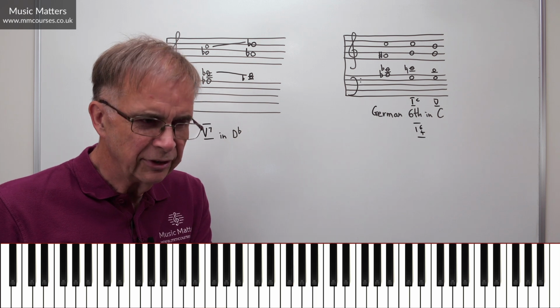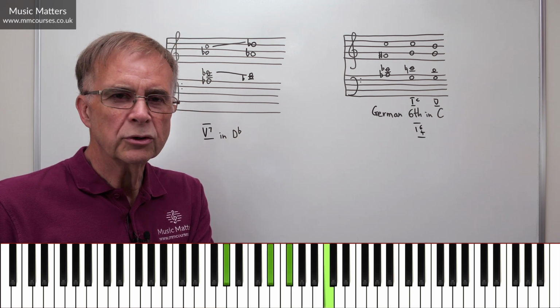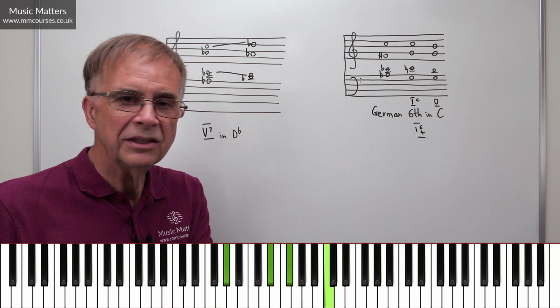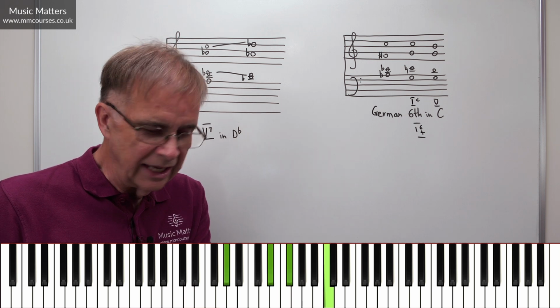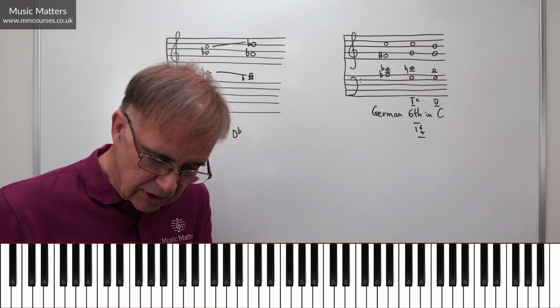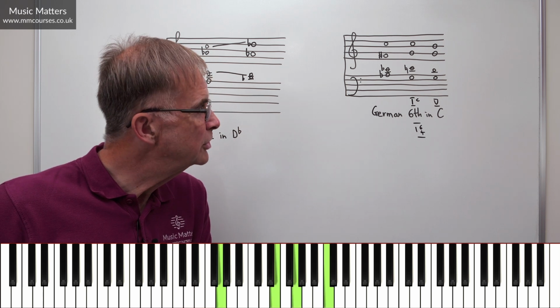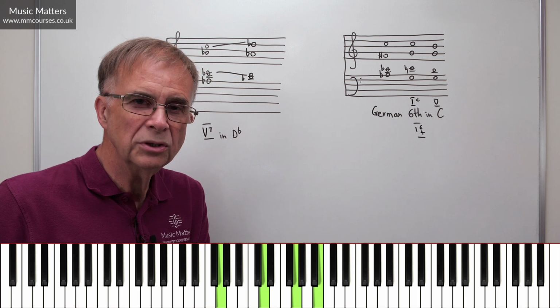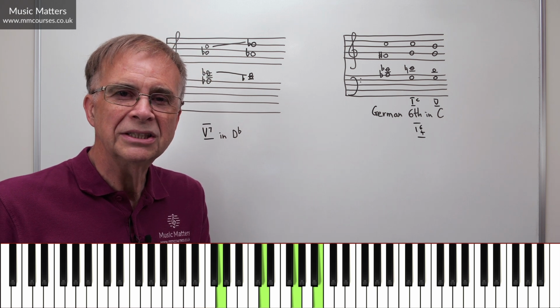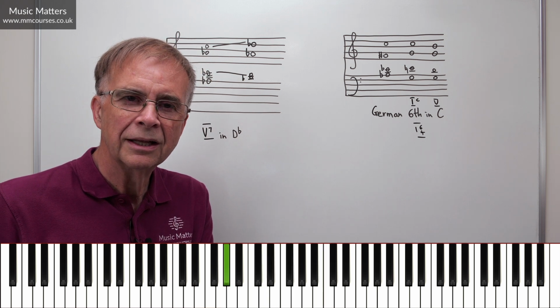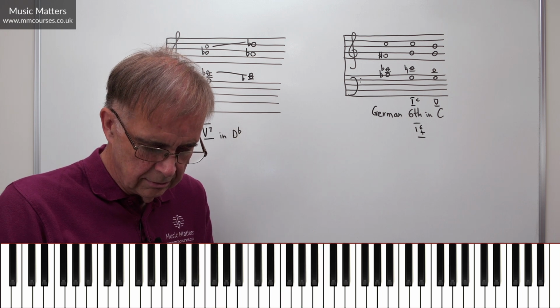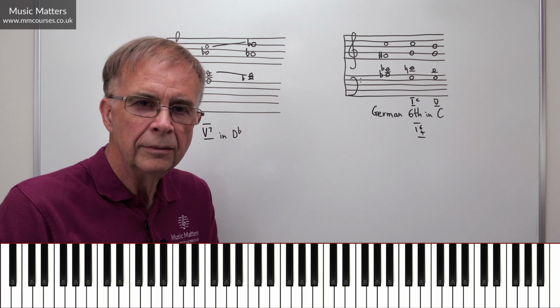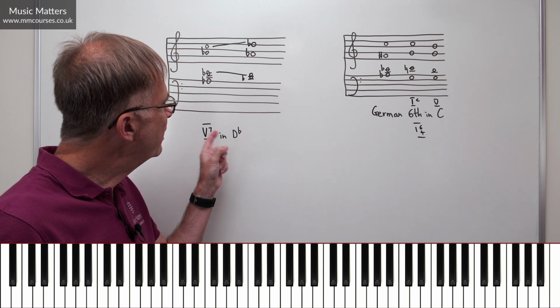Now, even though that first chord has all these chromatic notes, you can hear that it functions in the key of C major. So there's the German 6, here's the tonic chord in second inversion, followed by the dominant chord, and now I'm very much in C major, aren't I? So that's very much here.